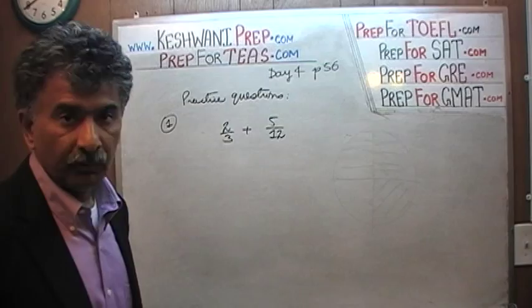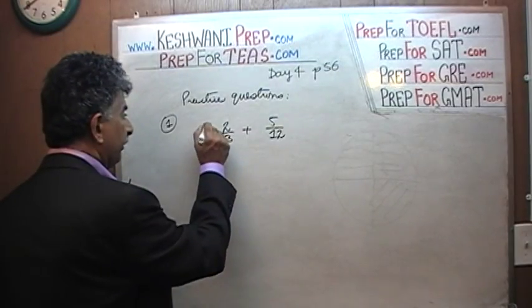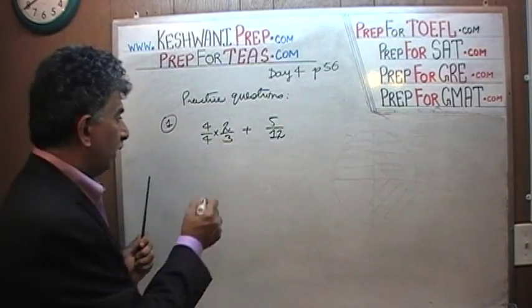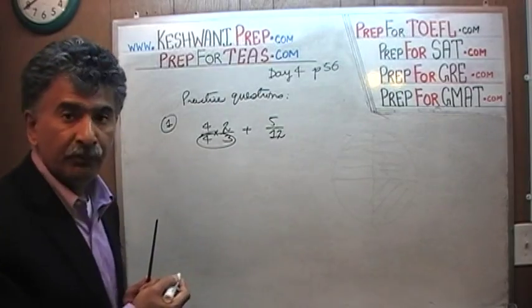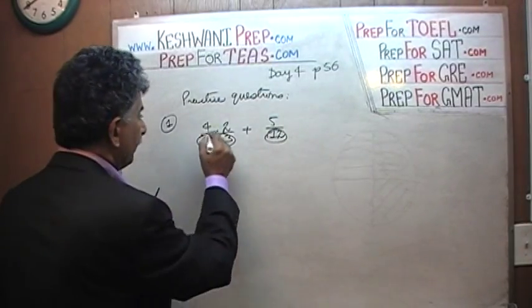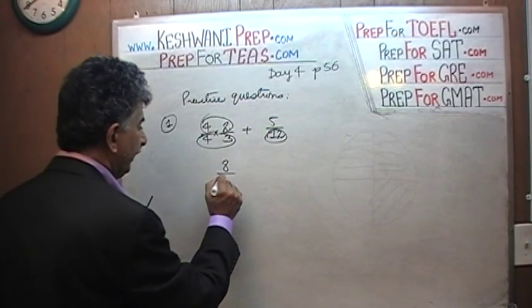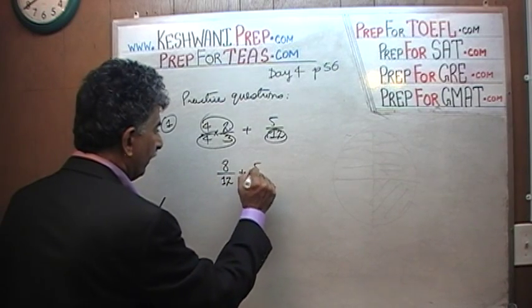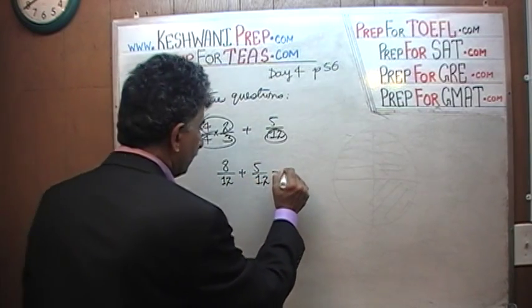Well, 3 times 4. So there you go. Multiply the top and the bottom by the 4. And now this fraction has a denominator of 12, same as that one. So here we get 4 times 2, which is 8. 8 over 12 plus 5 over 12, which is going to give us